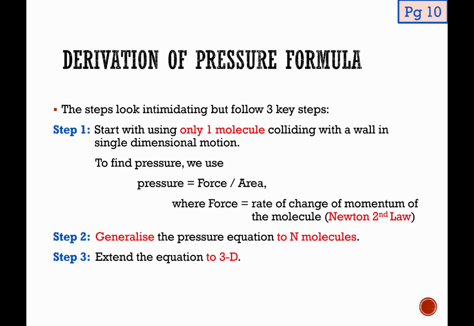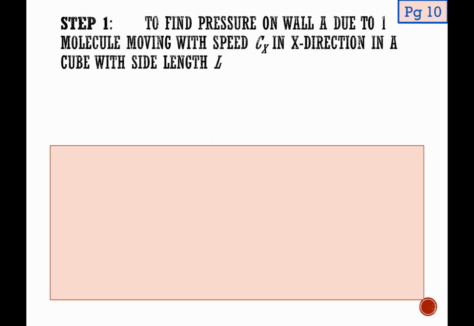So essentially, to derive the pressure formula, what we are going to do is just look at one molecule moving in 1-dimensional motion, then generalize it to n molecules, and then finally relax the assumption and make it a 3-dimensional motion. So now for step 1, to find the pressure on a wall due to one single molecule moving with speed cx in the x direction, let us start with one thought